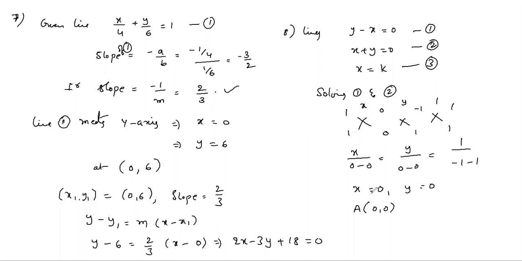Sir, can you repeat that? Why is x undefined? Why is x divided by 0 not defined? I mean, how is it defined? Actually, this is a notation we are following to solve. What we have is the point of intersection: b1 c2 minus b2 c1 by a1 b2 minus a2 b1. That is the point of intersection.